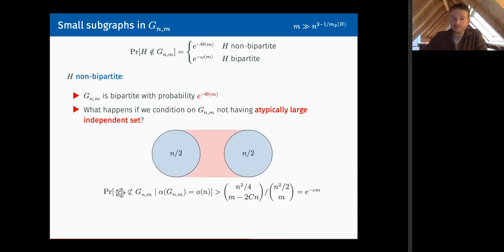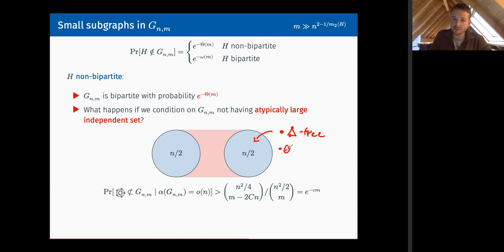So what happens if we want to calculate the probability of, say, this pentagon not appearing in G(n,p) conditioned on G(n,m) not having a large independent set? It turns out that this is still e to the minus Cm, but now it's slightly more subtle. So what we're gonna do is count the graphs with m edges such that instead of having these two large independent sets, we're gonna put something in between. So we're gonna put a graph which is triangle free,